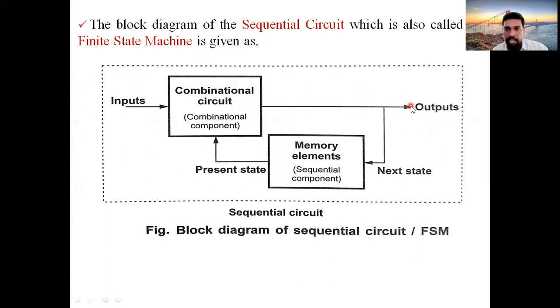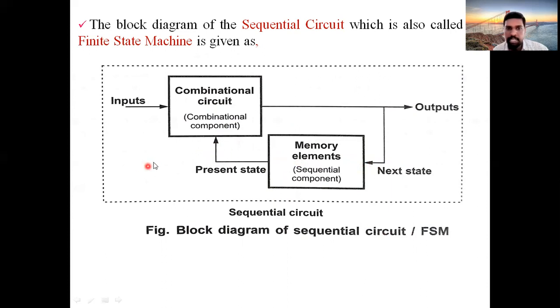See here, this is the current output, and this output is again taken as input by using the memory element, which is used in the next combination. Here you are getting output, and this output is brought back again and stored in the memory element, and it is used in the next combination. Likewise, this process will be continuous. Whatever output you are getting will be taken as input for the next combination.